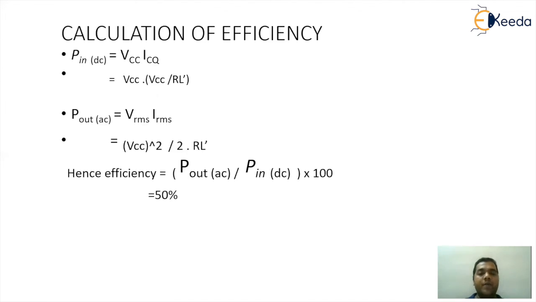An important parameter to keep in mind here is the figure of merit. The figure of merit for class A circuitry has a value of 2, which is defined as PD by PAC, where PD is the power dissipated or wasted by the system, and PAC is the output power. So if you look at the formula carefully, it is the power wasted upon the output power, which is the power important for us. Since the efficiency is less, the loss impact is going to be more, and that's the reason the figure of merit is much bigger than 0. So it is going to be 2.